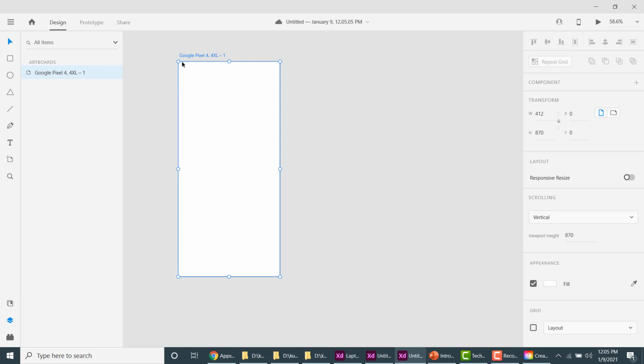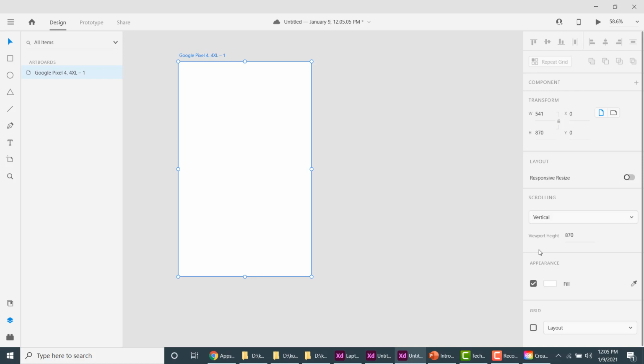So this area, this screen, is called an artboard, where you can write something. You can draw different shapes, you can work with colors, you can work with pen, text tool, etc. You can also maximize and minimize the size of the artboard, and the width and the height will be reflected here